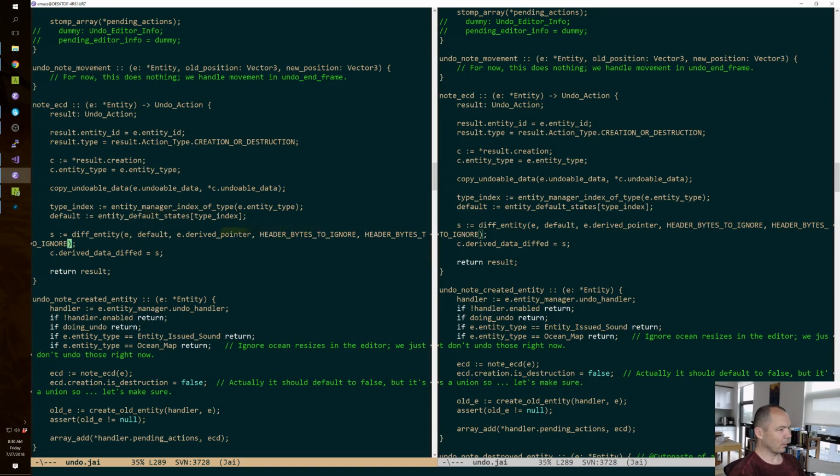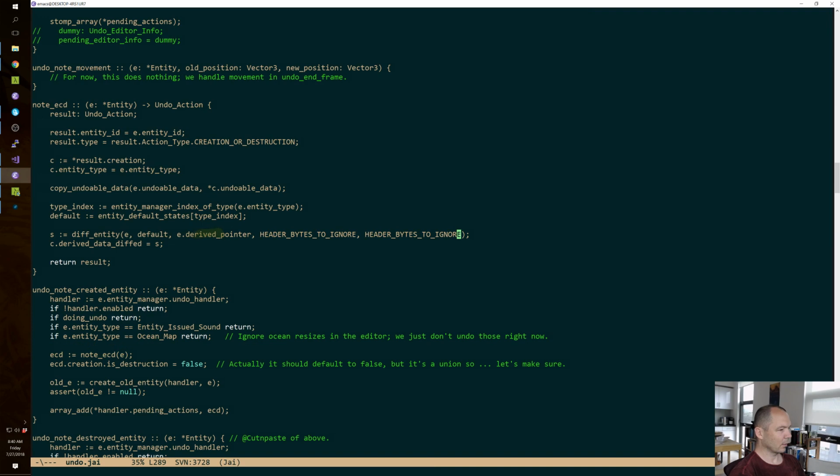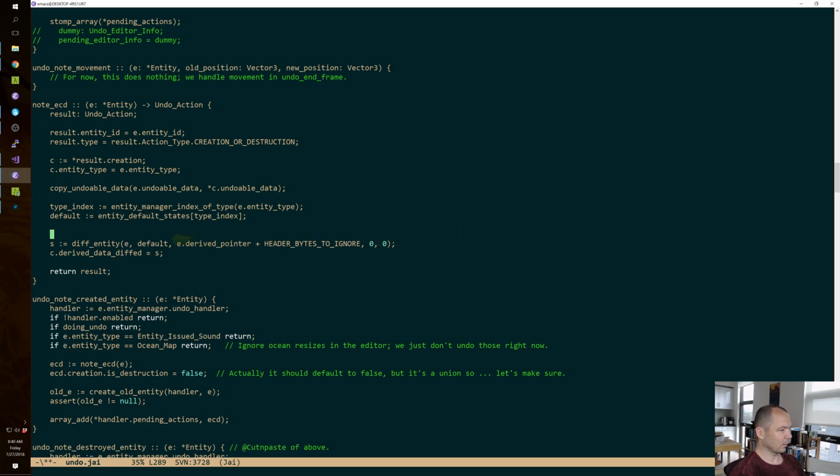Oh, God. So the whole thing is, remember the base entity has a pointer to the derived properties, which represent